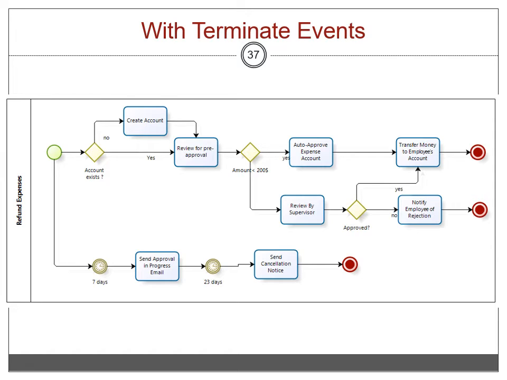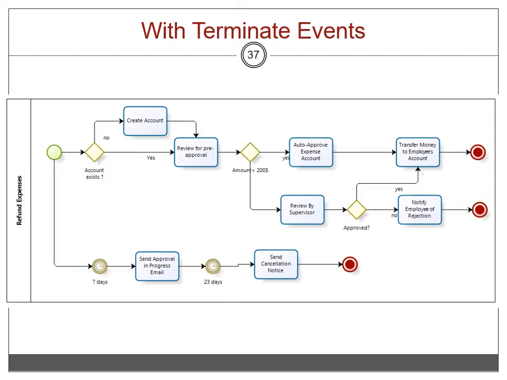The first path depicts the regular flow, and this is, by the way, sometimes also called the happy path. So here you can see the regular steps such as create account, review for approval, etc. So how to deal with those 2 deadlines? Well, they are dealt with in the second path with intermediate timer events. So the timer 7 days will go off after 7 days, beginning from the start, and then